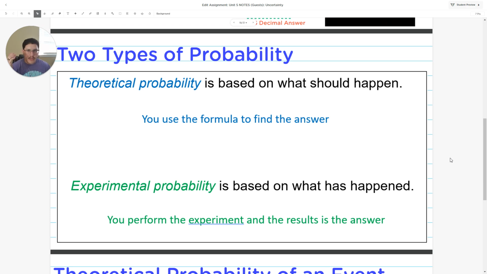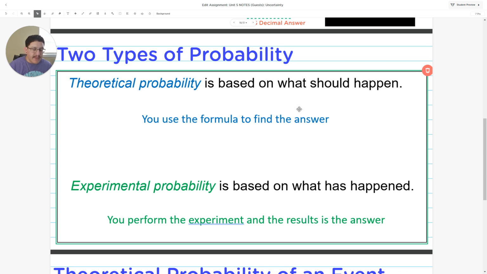So what we just went through was called theoretical probability. Theoretical probability is based on what should happen. You're going to use the formula to find the answer, and you're going to base your guess on what should happen. However,